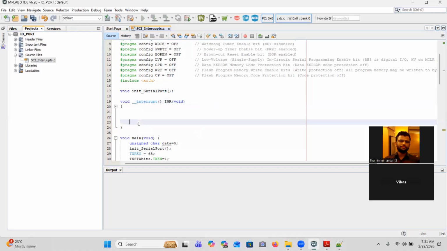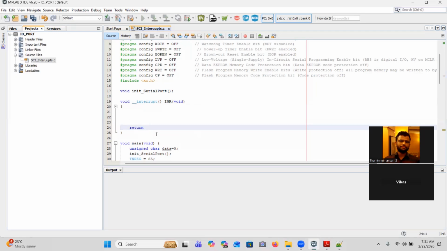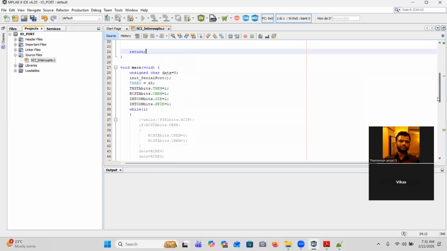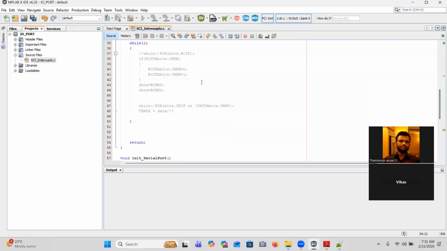As of now, we have nothing. They will simply, if I just say return, they will simply come out. They won't do anything. But that is not our aim. What is our aim now? We want to transmit